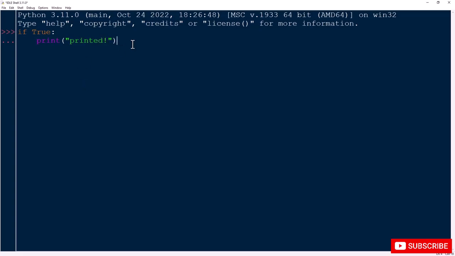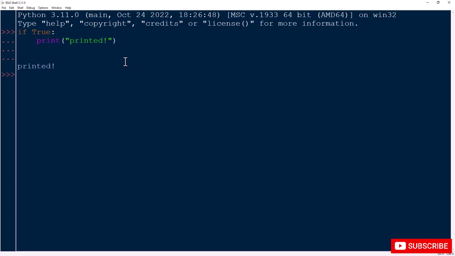As in this example here, we have created this conditional if statement by using the if keyword followed by condition or test expression. In this example, we've used Boolean value, which is true. However, in the condition of the conditional if statement, you can use also logical and comparison operations. To mark the end of the conditional if statement header, use a colon and hit enter after it. And you will see the body was indented successfully using 4 white spaces. This is by default. We have a single statement here, which is a print function to print printed. Just a small string